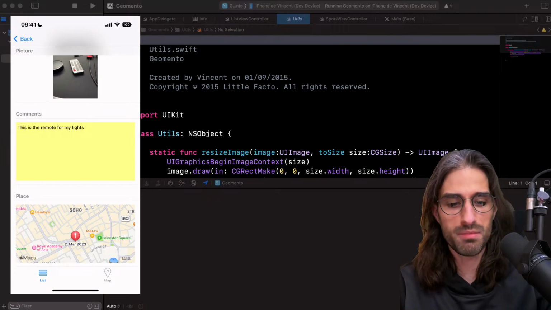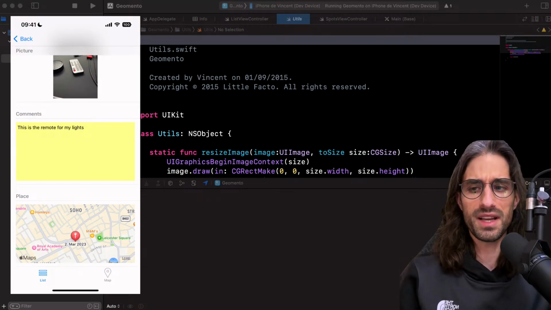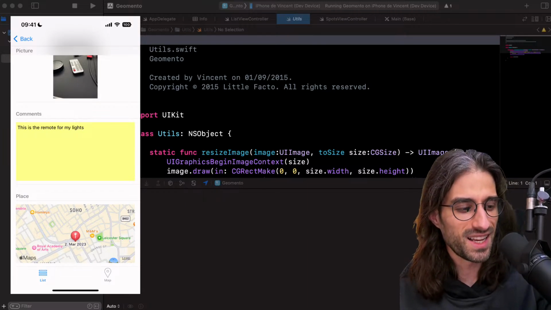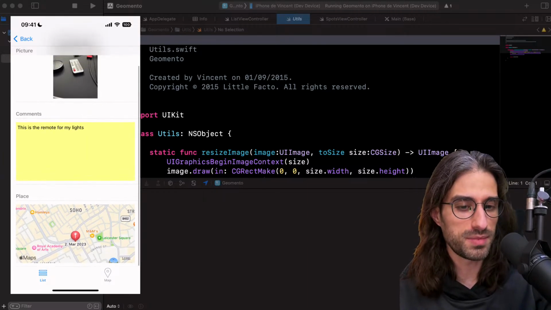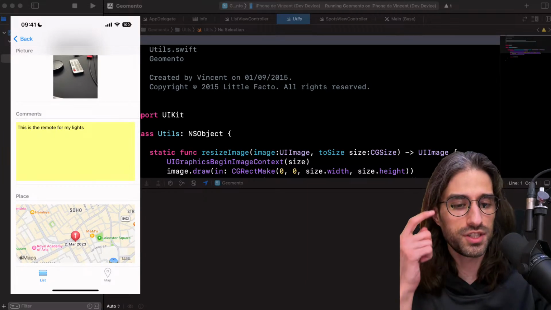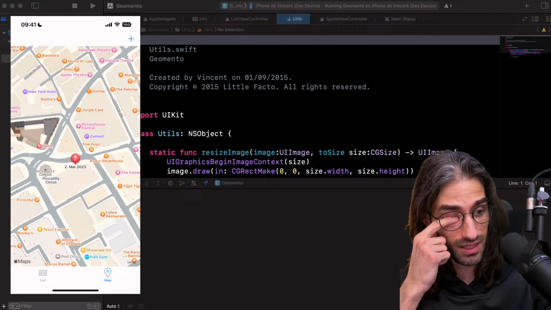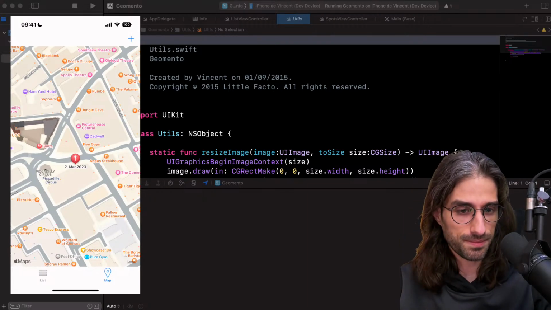And nowadays it's embedded into the Photos app, but back then I'm gonna say that it wasn't, or maybe it wasn't, I was just not aware of it. And so it shows where the picture has been taken, and here I'm faking my position to be in London, and so you can see I can also show it on the map.